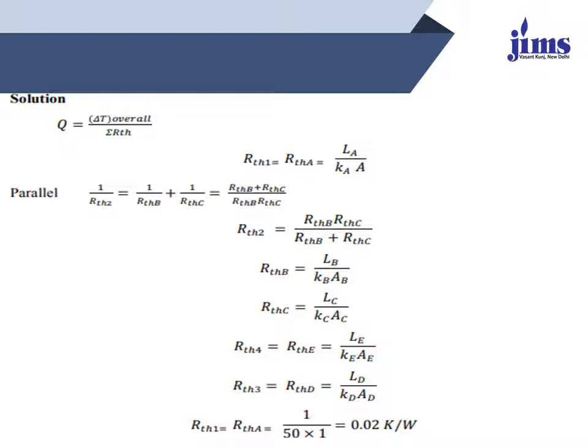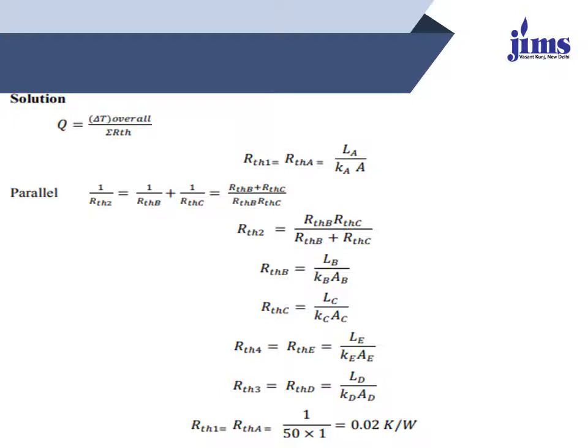RTHB is equal to LB divided by KB AB, and RTHC is equal to LC divided by KC AC, where KB and KC are the conductivities, and RTH4 is equal to RTHE, which is equal to LE divided by KE AE. RTH3 is equal to RTHD, which is equal to LD divided by KD AD. Putting the values of LA, LB, LC, LD, KA, KB, KC, KD, so we get